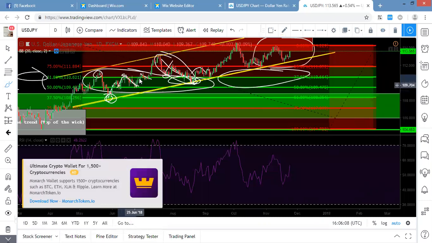Then what did it do? It went back up to the 61.8, retested, and went down a little bit, only to continue to the upside all the way up almost to 100, basically the middle of the 75 and the 100, to pull back. It went down, hit the 61.8. You guys see how this is lining up. Pay attention to the numbers. It went up to the 75, respected that, pulled back all the way down to the 50 in the PRZ where we would have placed our buy, continued to the upside, pulled back at the 75, and then ripped all the way up to the 100, and then pulled back down